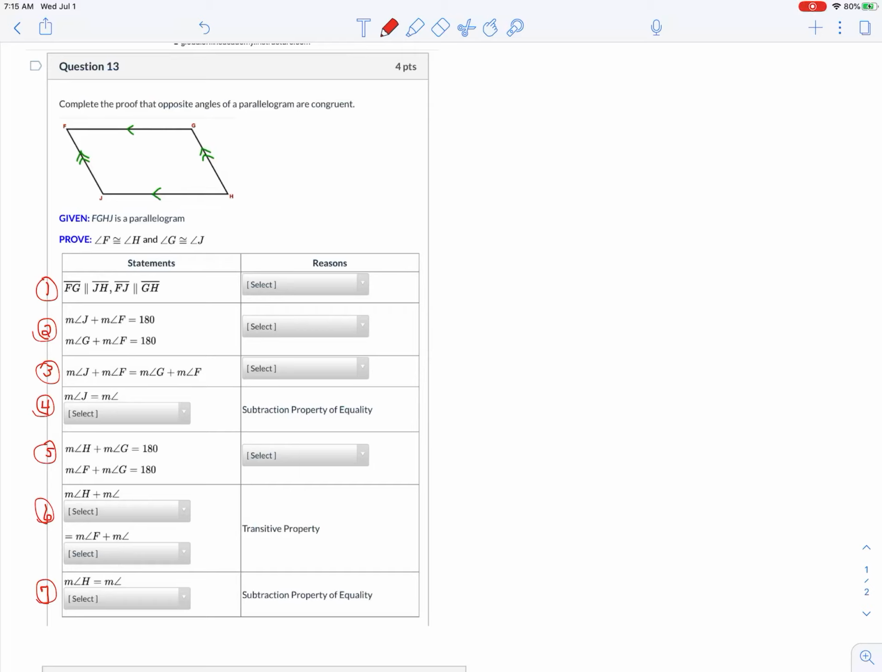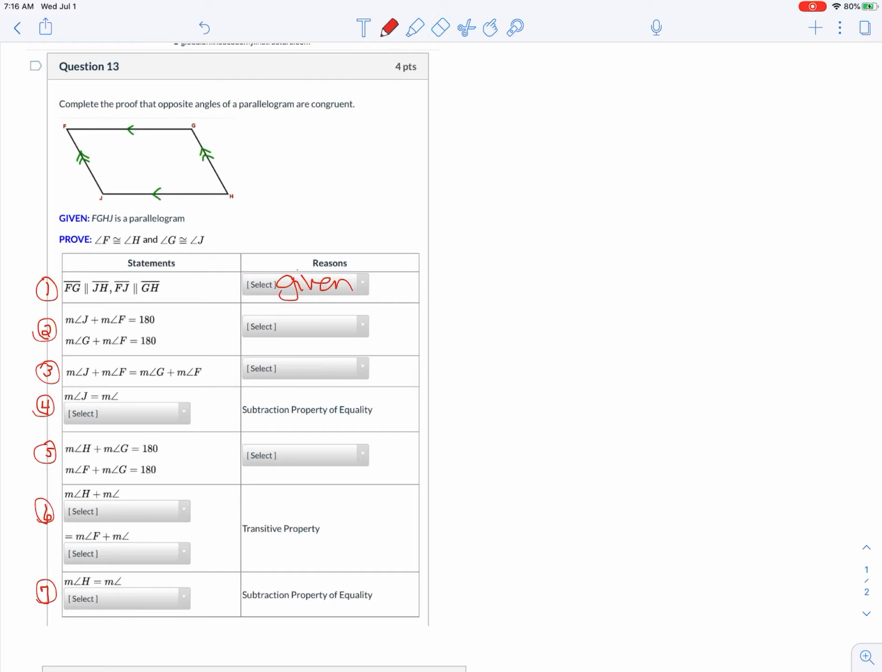Well, well, well. We have a parallelogram, two pairs of opposite sides parallel. We want to prove that F is congruent to H, and J is congruent to H. So we want to prove that opposite angles are congruent. Okay, let's see. We've got